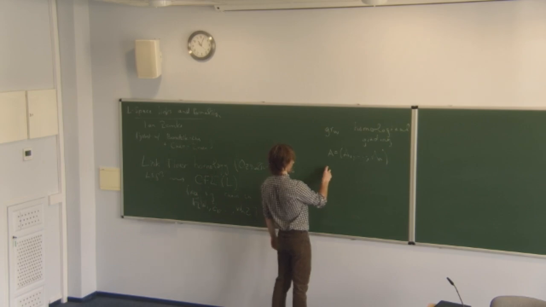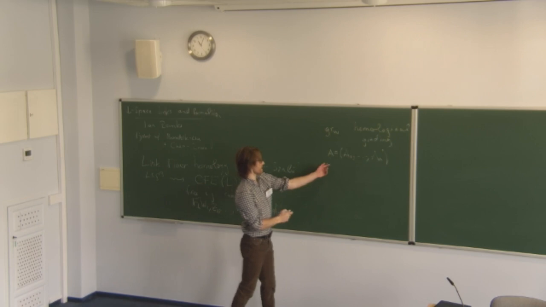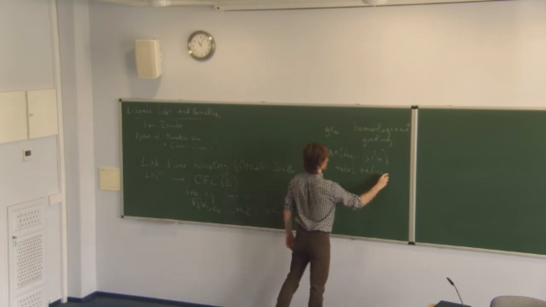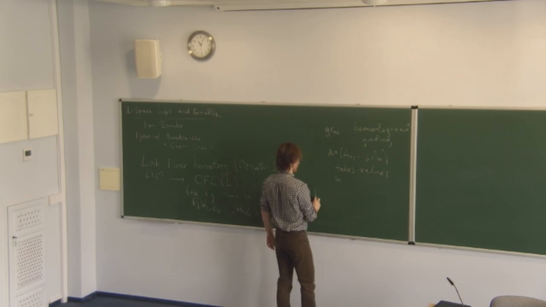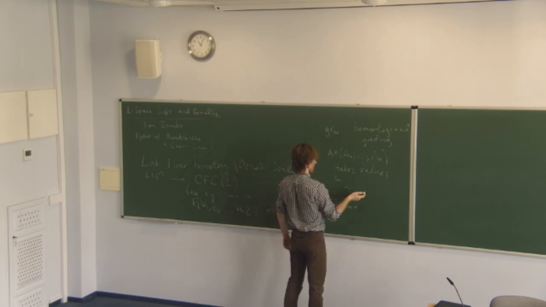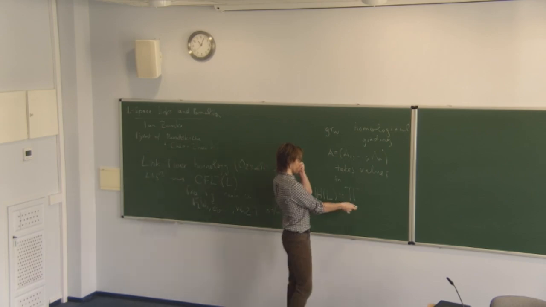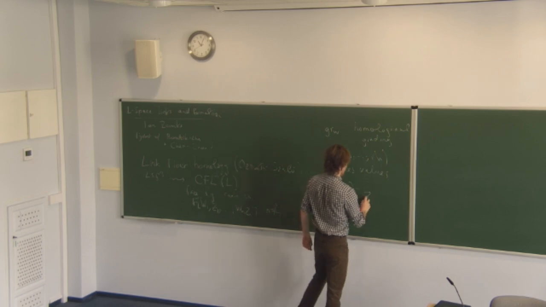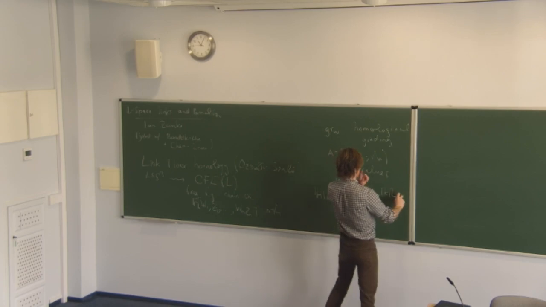So the values of a generator take values in this set. It looks a little funny. H of L is the product over i equals 1 to n of Z plus the linking number of L